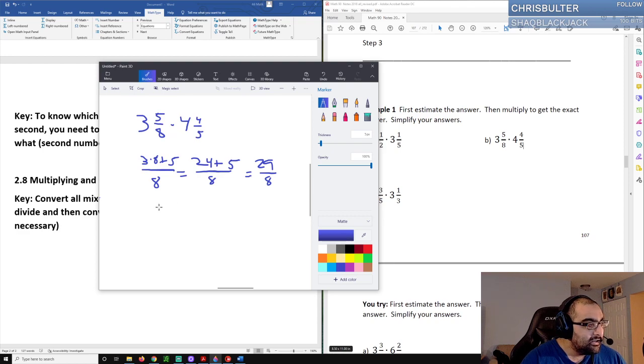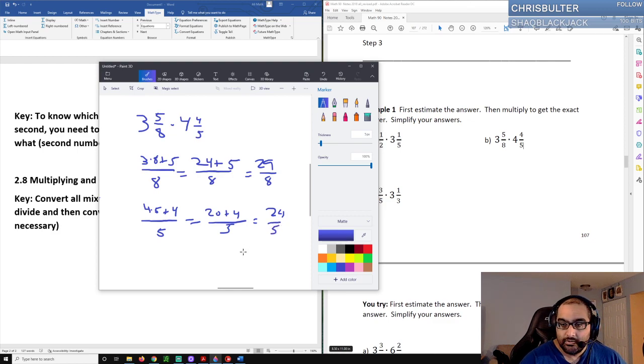And then 4 4/5, same thing here. We're going to have 4 times 5 plus 4, which is the numerator, over 5. So this is 20 plus 4 over 5. So here we get 24 over 5. So what we have is 29 over 8